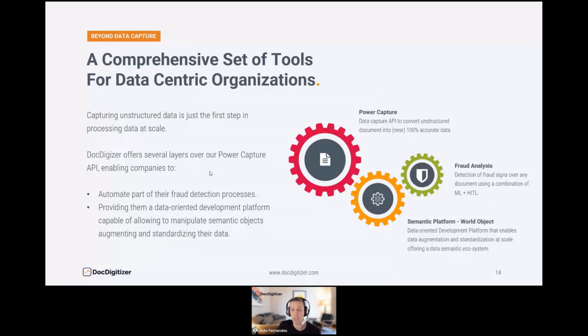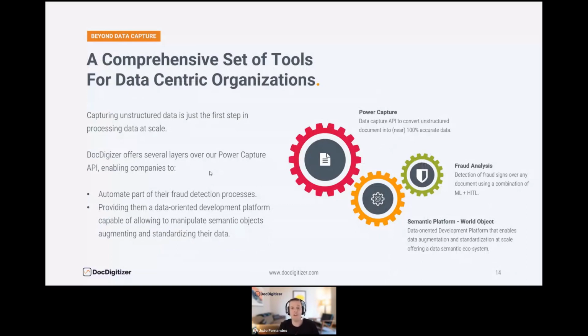On top of that, we also offer standardization over the information, which means that you might be getting two addresses from two different documents that, for a human, are the same, but they are not exactly the same in terms of strings. So therefore, you cannot compare them.